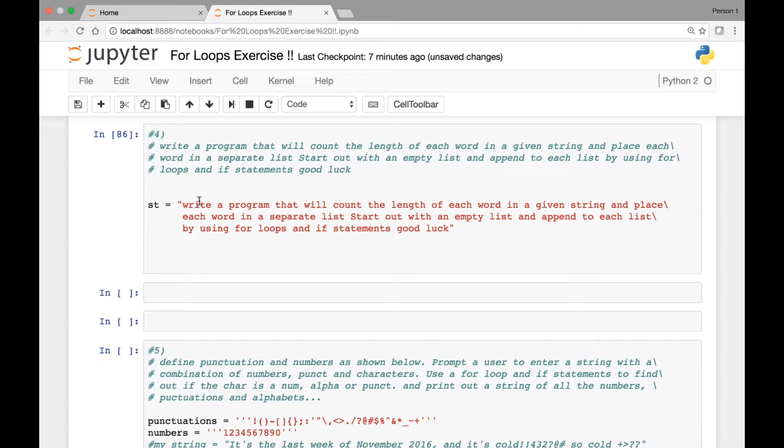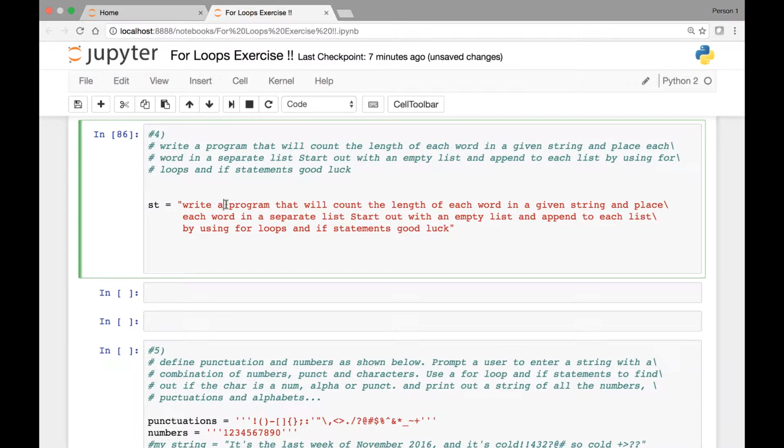So the first thing we'll do is we'll use the split method to split each of these words wherever there is a space. So we'll use that, and then we'll calculate the length of each word. For instance, the word right, the length of right is 5, and then this is 1, this is 7, and so on. We'll calculate the length of each word, and then